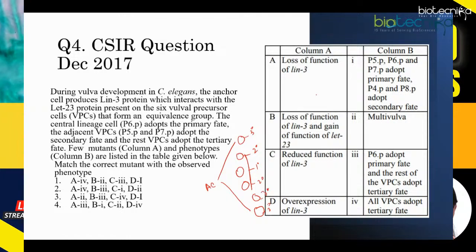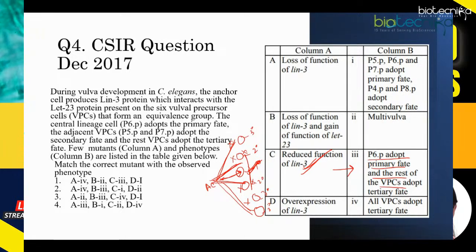Okay. So if you have reduced function, what does it mean? Instead of giving a longer range of signal, the signal from the anchor cell will be less. So what can you expect from here? That the P6P is getting normal signaling only, because from the anchor cell, the primary cell is at least closer, no? So it will get the primary fate, but the other ones will not be able to get signal at all, isn't it? So secondary fate also will not be able to be formed. That is why reduced function of lin3 means P6P adopts primary fate and the rest of the VPCs will be